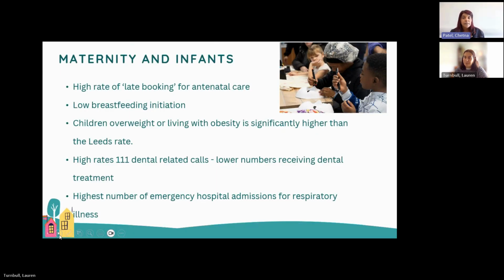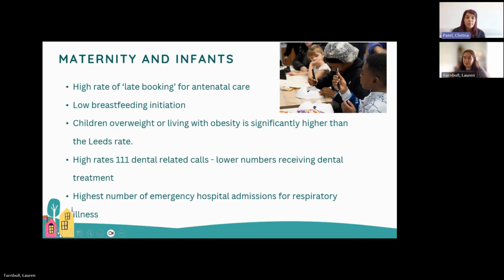Maternity and infants. Lauren's going to cover some of this. I'm just going to focus on oral health, and this is something that's been raised in our area by communities and stakeholders. People are really worried about oral health for their children. So for children, there are high rates of calls to 111, the highest number, but then fewer children getting treatment. So you can see there's a gap in terms of what's happening, and also in terms of respiratory diseases,